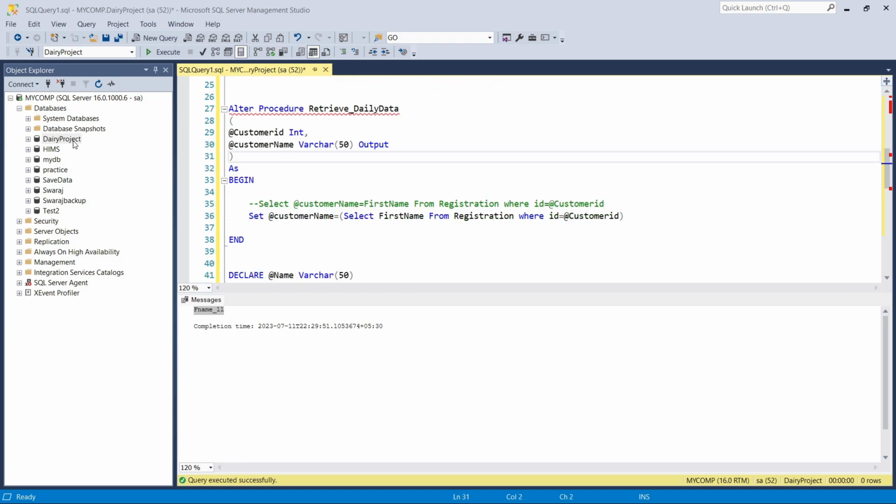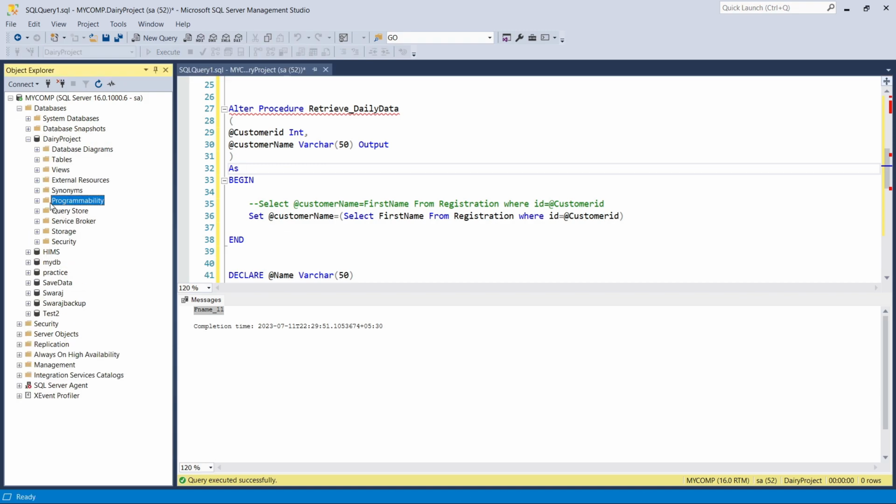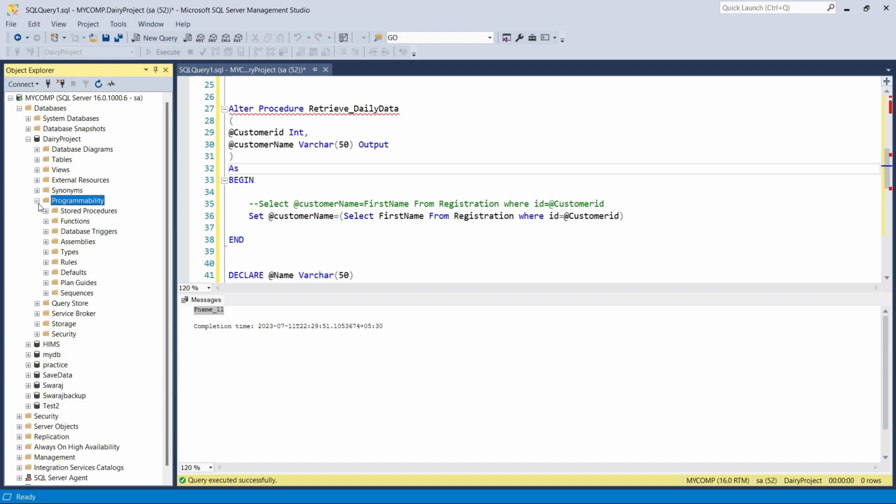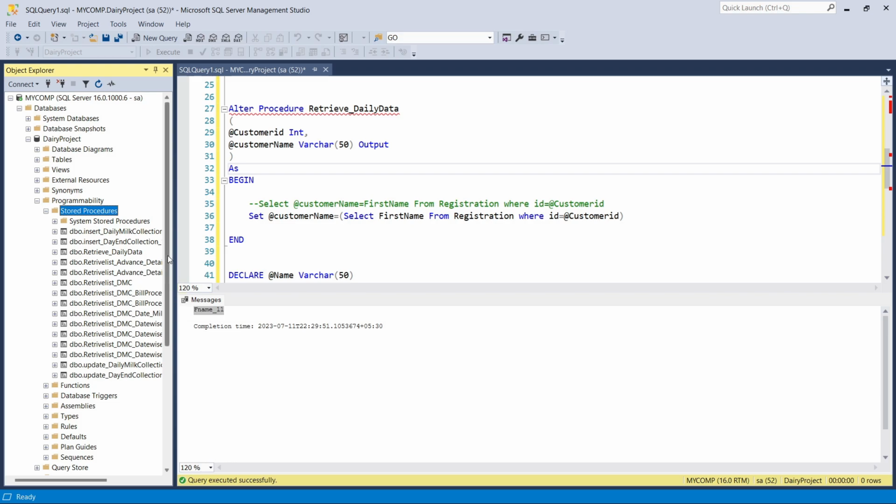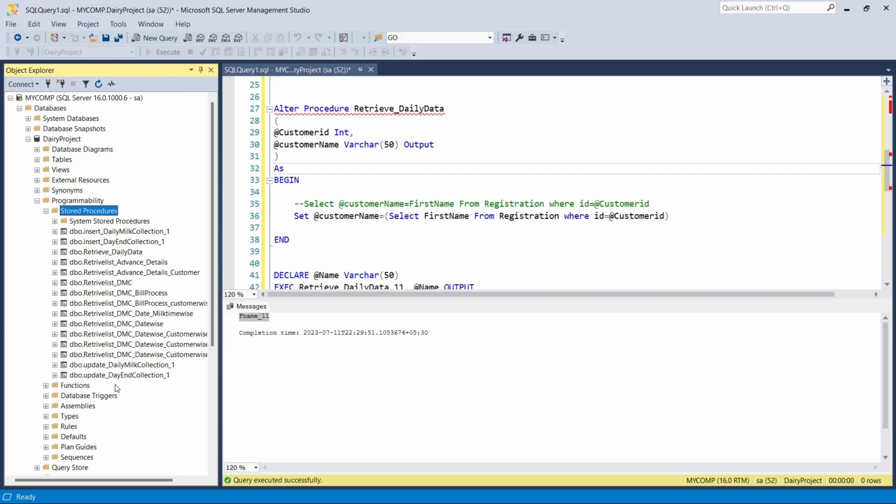Where to see the stored procedure, correct? In the daily project there is Programmability, just drill down into it, and here is Stored Procedures. Click on it, and here is the one we created, retrieve daily data. And how to retrieve it using a query,